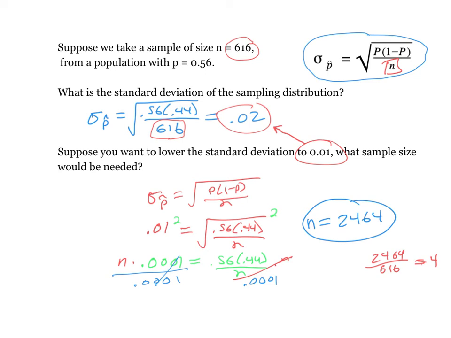And the reason for that is, remember that the sample size, if you look in the upper right-hand corner, is under the square root symbol. So if I multiply the sample size by 4, when I take the square root of that, it really becomes a 2, and that's in the denominator, so it's really cutting the standard deviation in half. You can imagine if I wanted to cut the standard deviation by 1/3, I would have to multiply the sample size by 9. So you really have to increase the sample size a lot